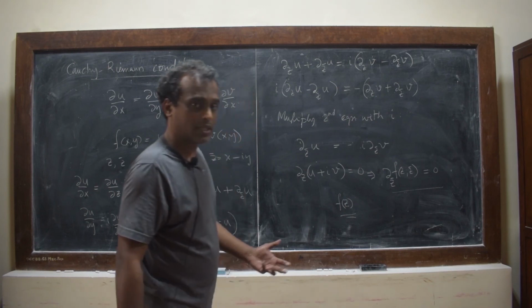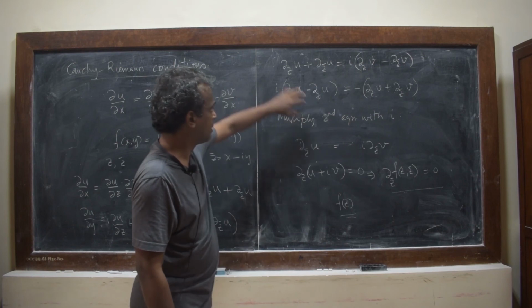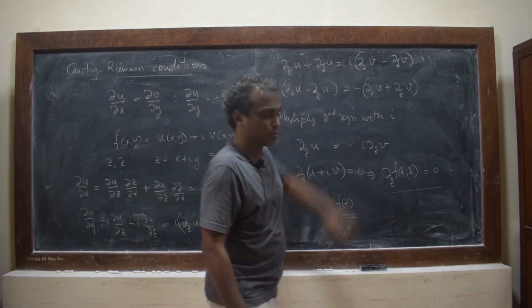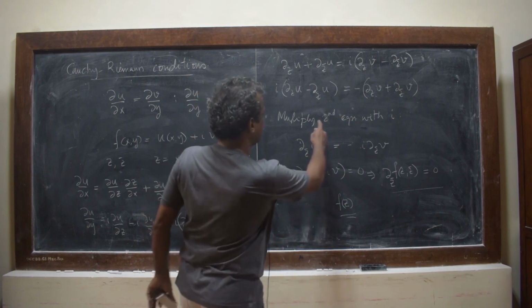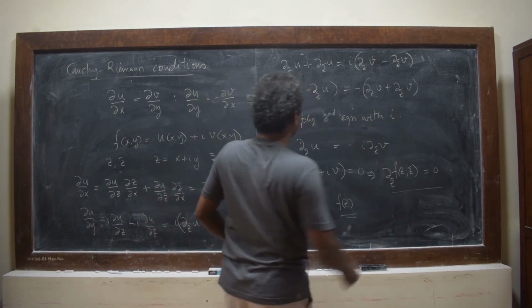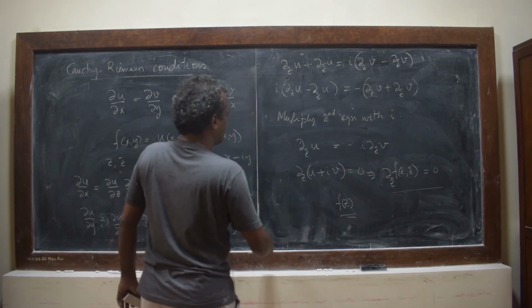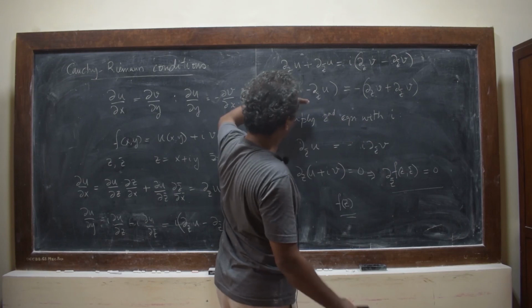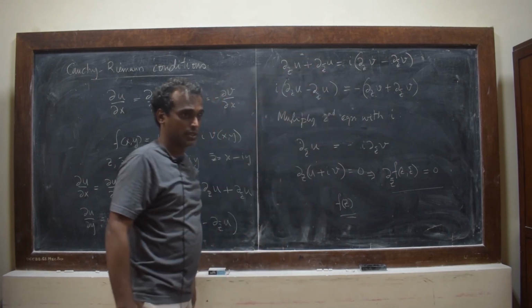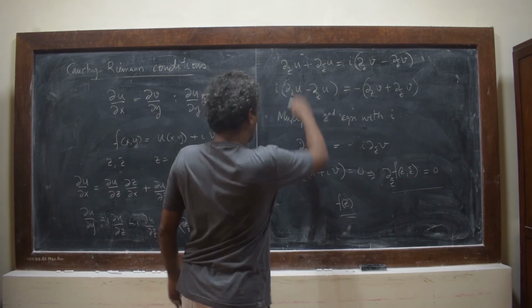That can be checked by observing back the two equations and noticing that if instead of multiplying with I I had multiplied with minus I, we would have carried out the same operation of adding the two equations after multiplication with minus I. We would have got the equation